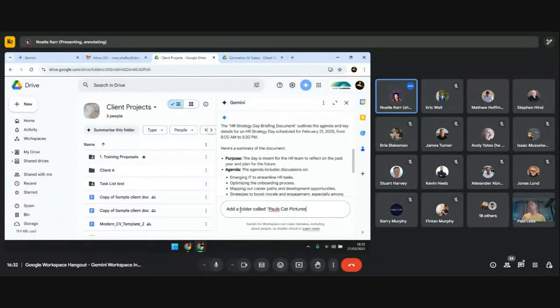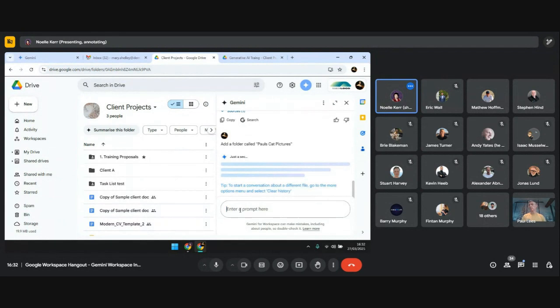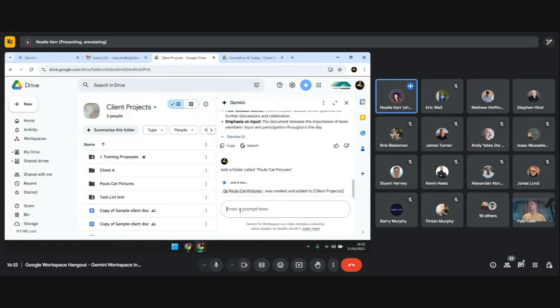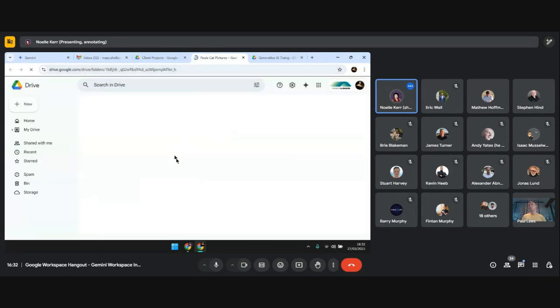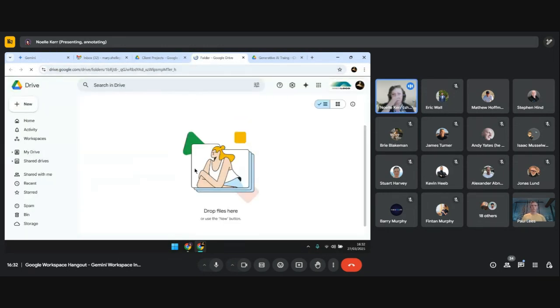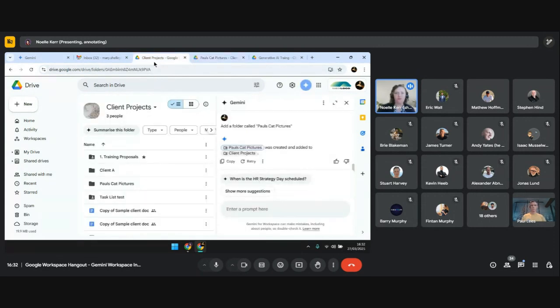It's going to have a little look at that for me. And you can see it's just generated that little folder for me. I can click on the folder up here and I can open that folder and start working straight away. You can also do this for files for you as well.